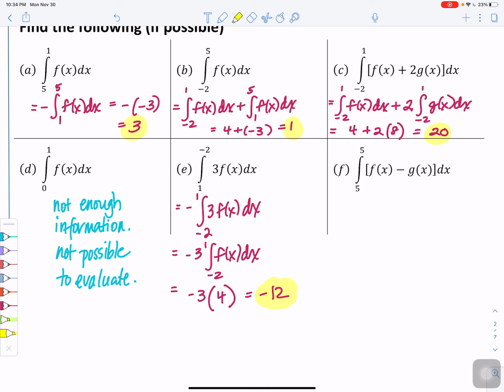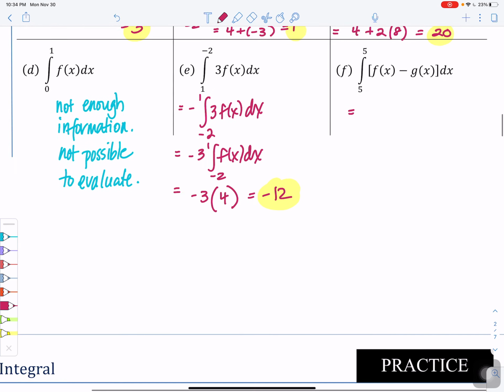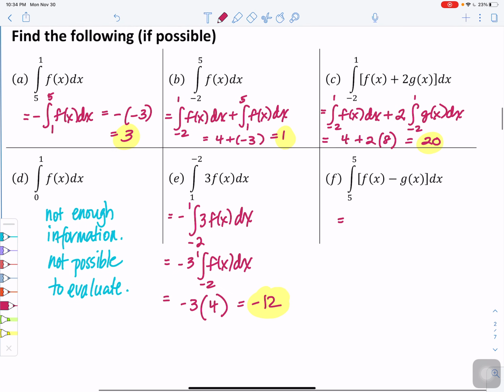Okay? And last but not least, look at f. Do we even have to think for a moment? We shouldn't have to think, because look at those limits of integration. They're the same. Whenever you see that, that integral is equal